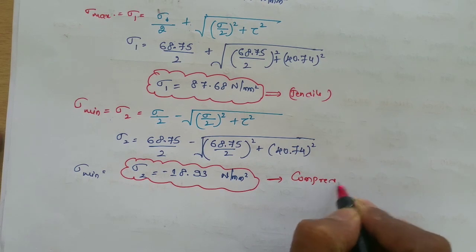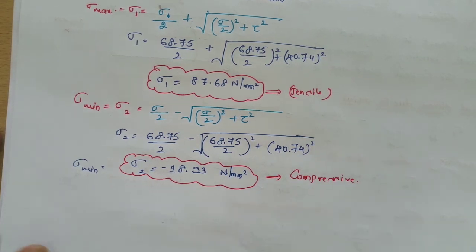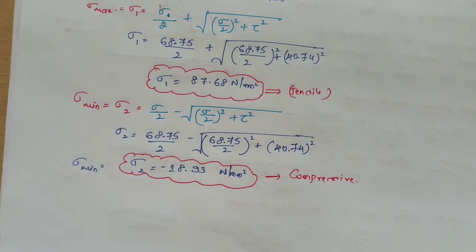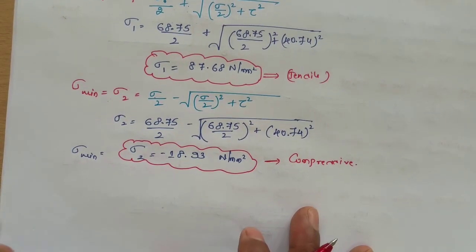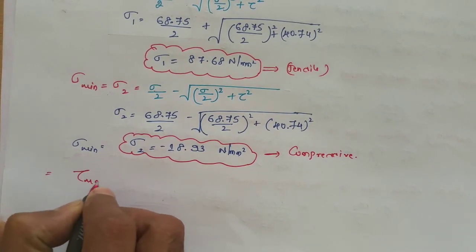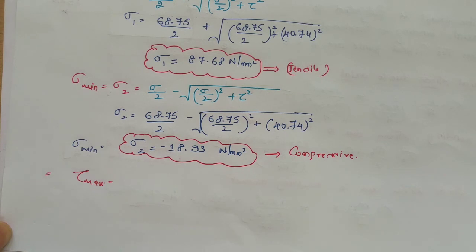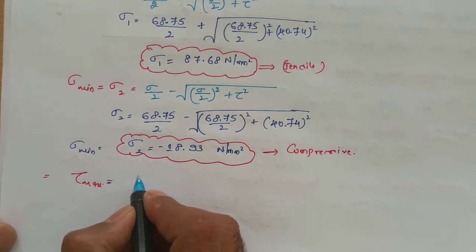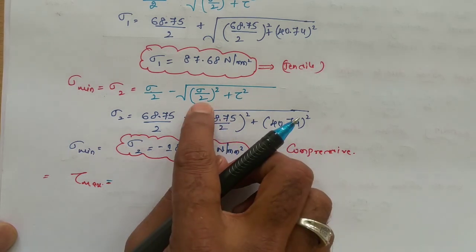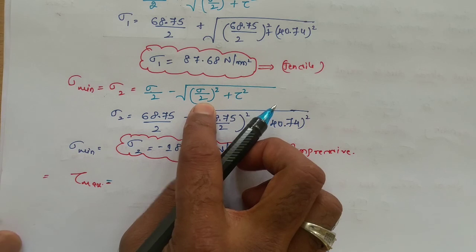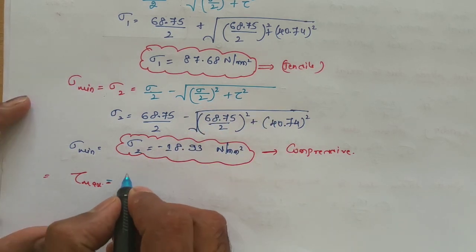At point A we can see there may be some compression taking place in some layers. Now this is the maximum and this will be the minimum stress, so that again we can find out what will be the maximum shear stress in the member. So tau maximum is given by the square root term, which itself is our maximum shear stress.